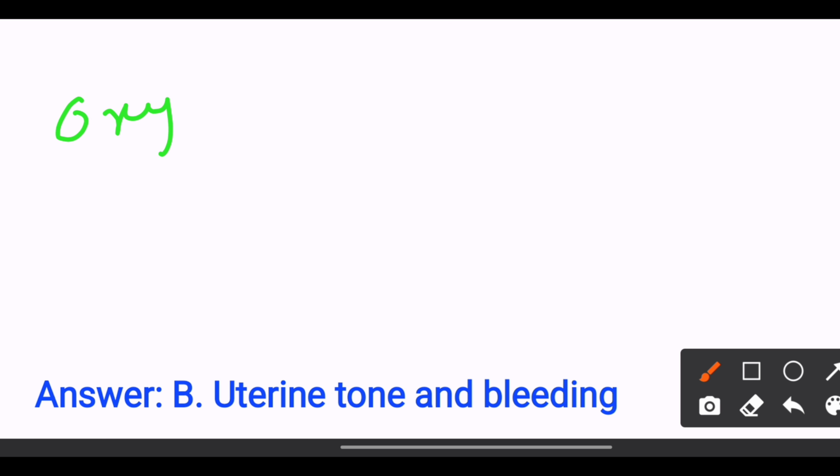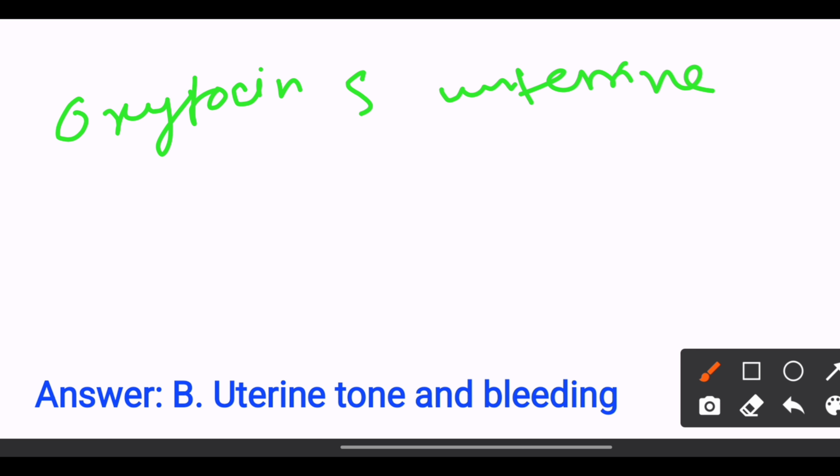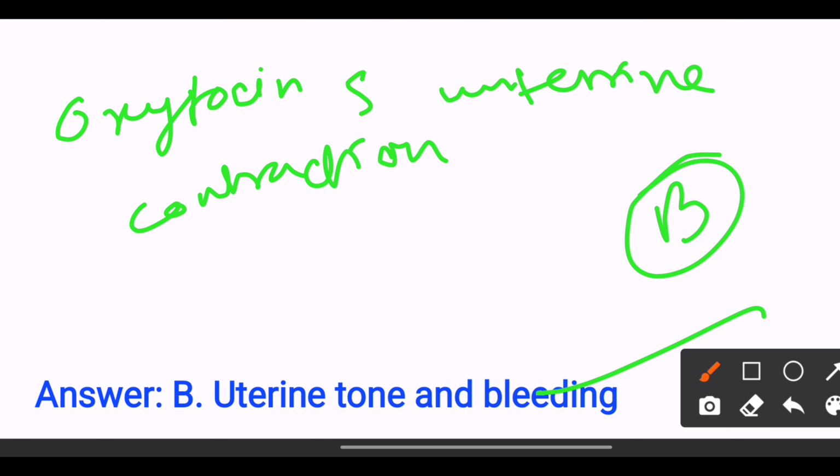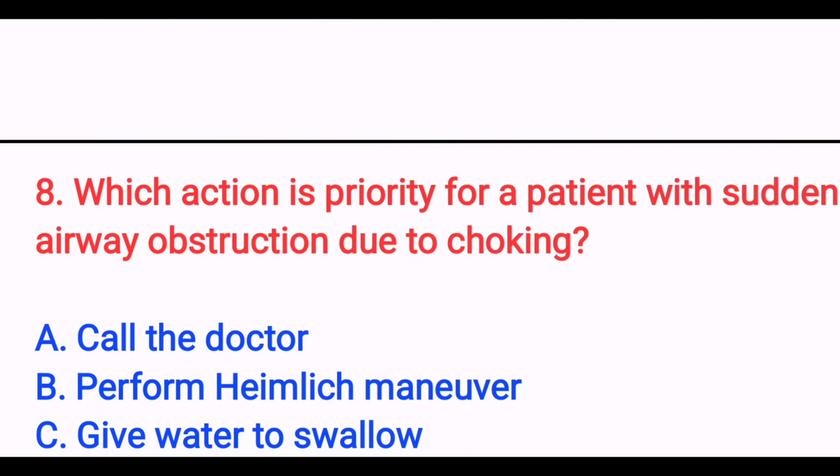oxytocin stimulates uterine contraction, and assessing uterine tone and bleeding is critical to prevent further hemorrhage. So the answer is option B, uterine tone and bleeding. Next,